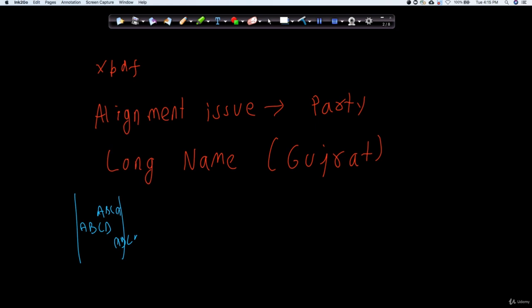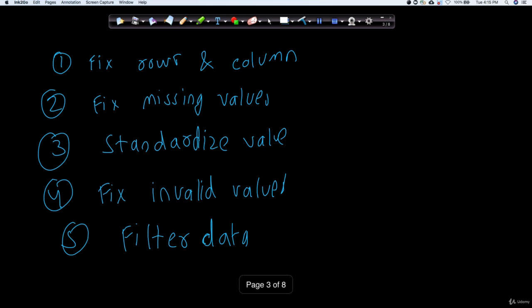So again, that needs to be changed. Maybe you would like to give some sort of abbreviation to them or make it unique in some way. So that's something which does happen when you are working with this type of data.